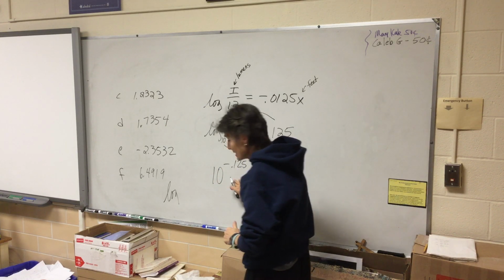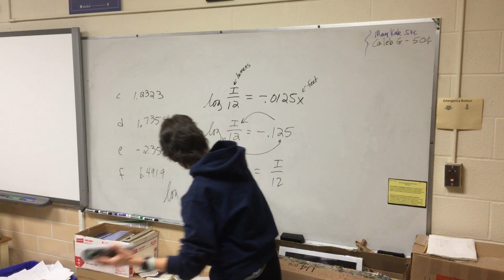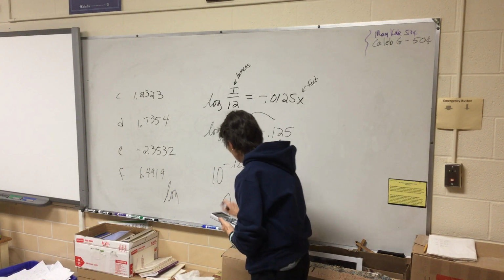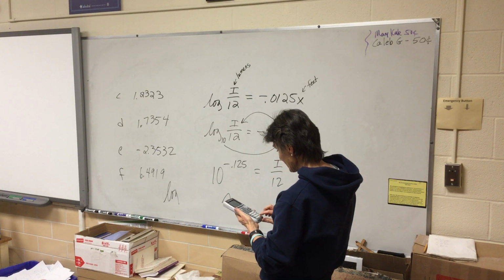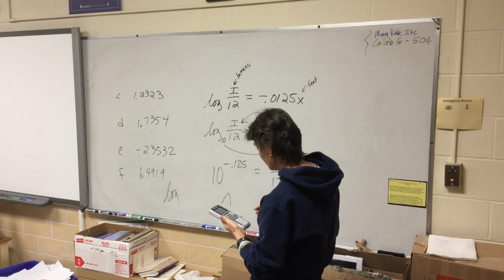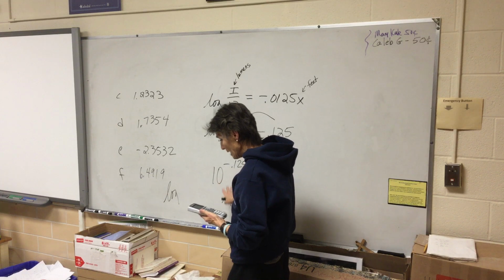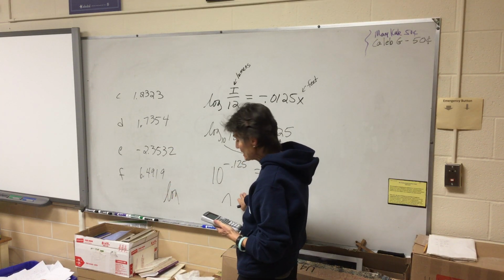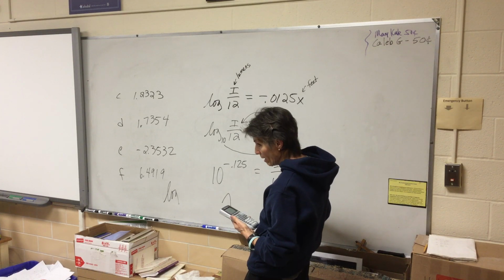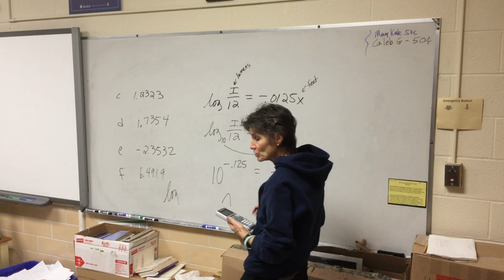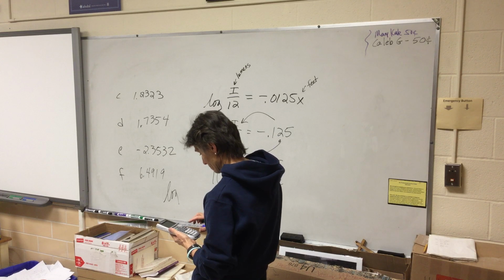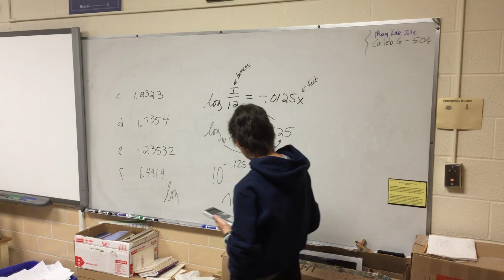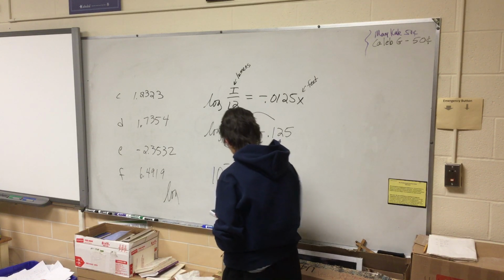Now, this I can type in on my calculator. Okay, so 10, use this button, raised to the negative 0.125. And you get a decimal, it's 0.7, whatever. But that isn't the answer, that's I over 12. So what are we going to have to do to get I? Multiply 12 to both sides. Yep, we're just going to multiply it by 12, that's right. So I ends up being,